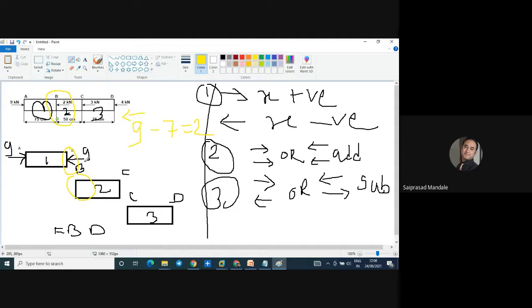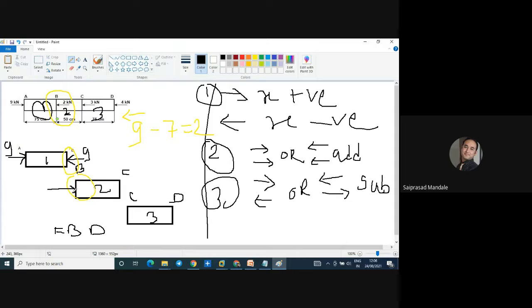But in which direction is the 9? It is moving to the left-hand side, so negative x-axis. So I have to apply the opposite, because if the forces are applied in the same direction, there will be addition. But we have to do subtraction, which means we have to apply a negative force. If it is moving to the left-hand side, we have to apply a force which is moving to the right-hand side.